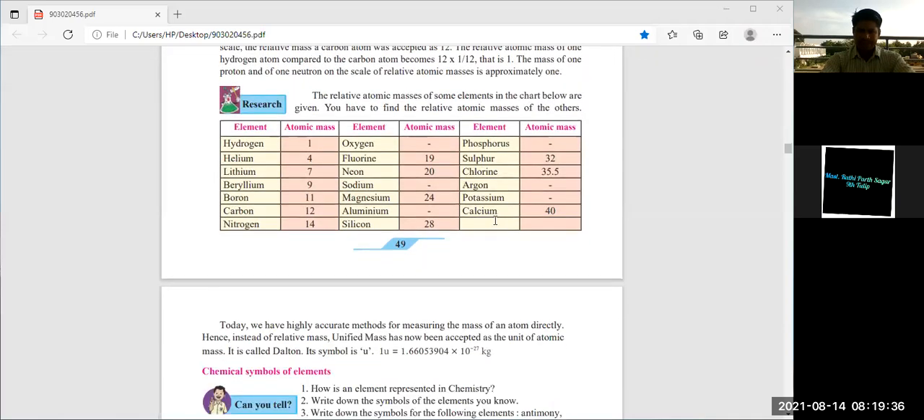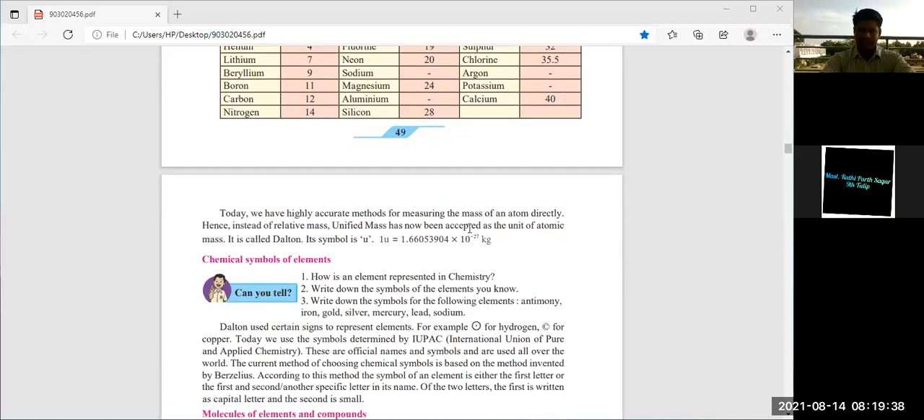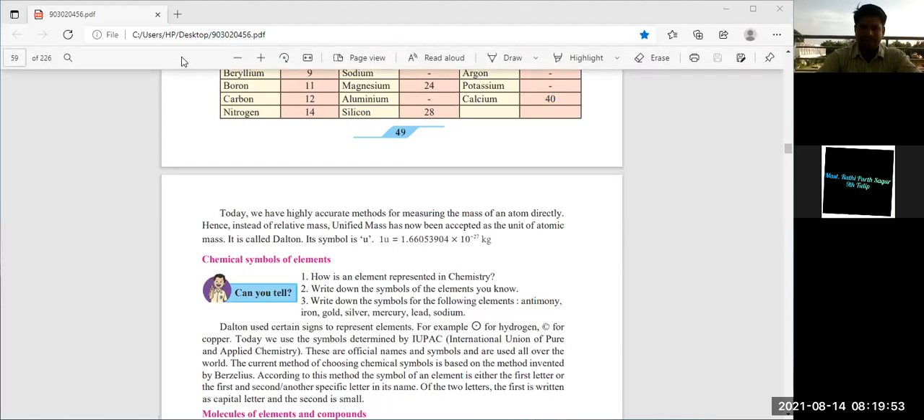You can observe this. And now we are using the symbol for 1 Dalton. So the unified mass, now the accepted unit of atomic mass, is the Dalton, and its symbol is U. 1 U is equal to 1.660